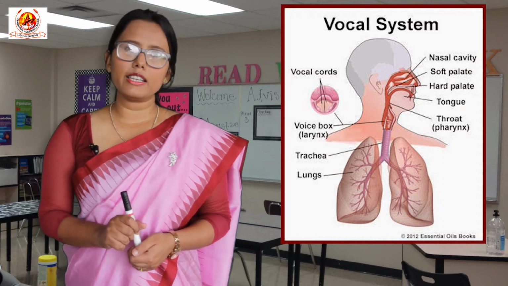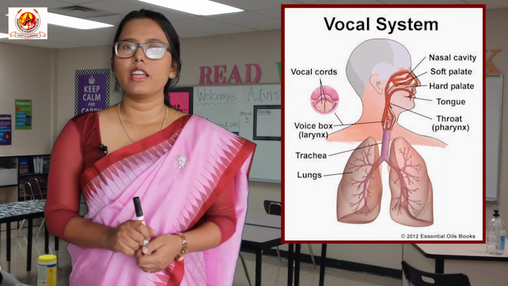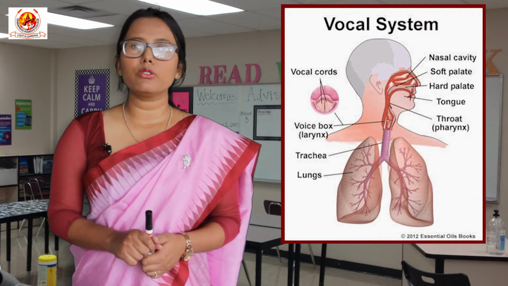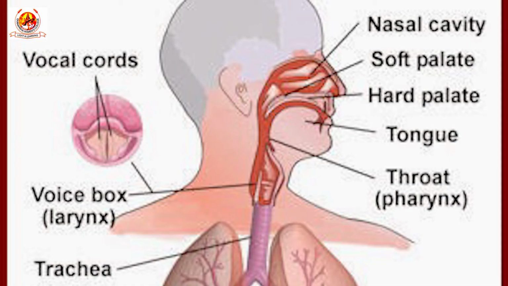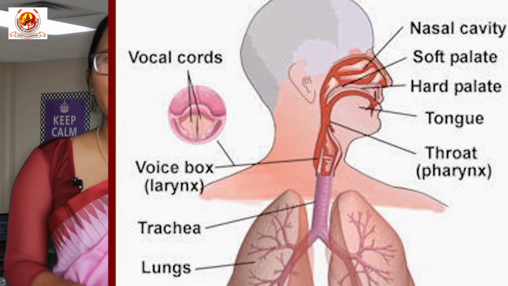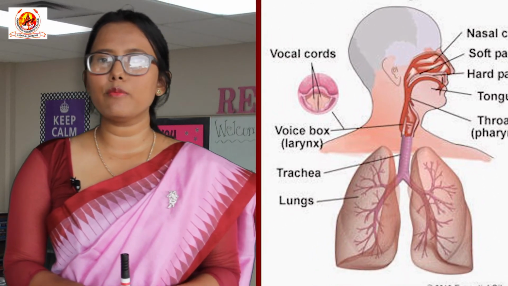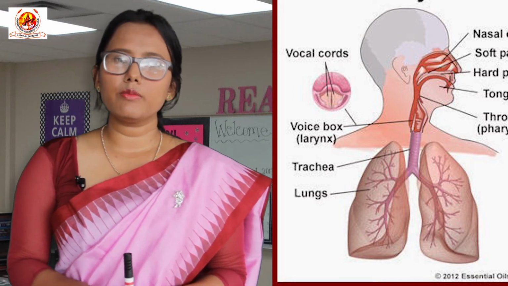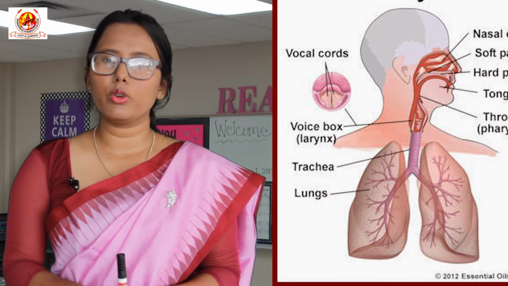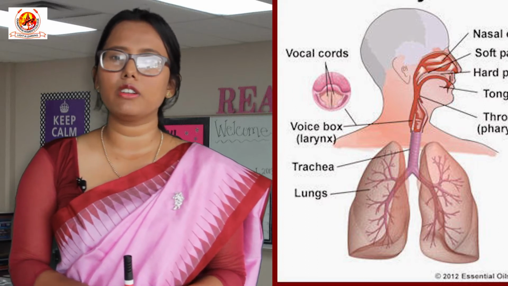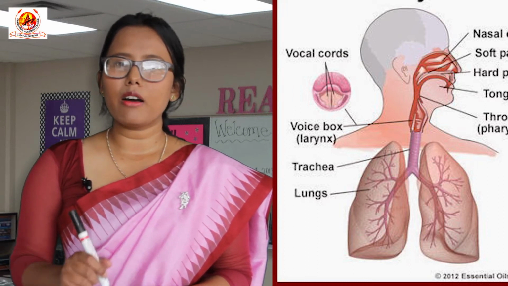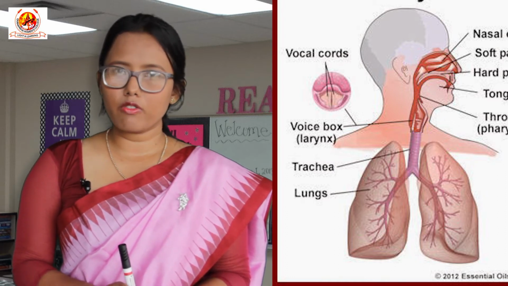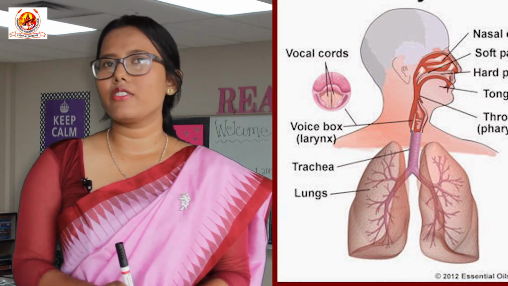Now, the second criterion is the place of articulation of a consonant. Once the air has passed through the larynx, it comes up and out through the mouth or the nose. Most consonants are sounds produced by using the tongue and other parts of the mouth to constrict in some way the shape of the oral cavity through which the air is passing. The terms used to describe many sounds are those which denote the place of articulation of the sound, that is, the location inside the mouth at which the constriction takes place. Based on this difference in the place of articulation, different consonant groups are recognized.